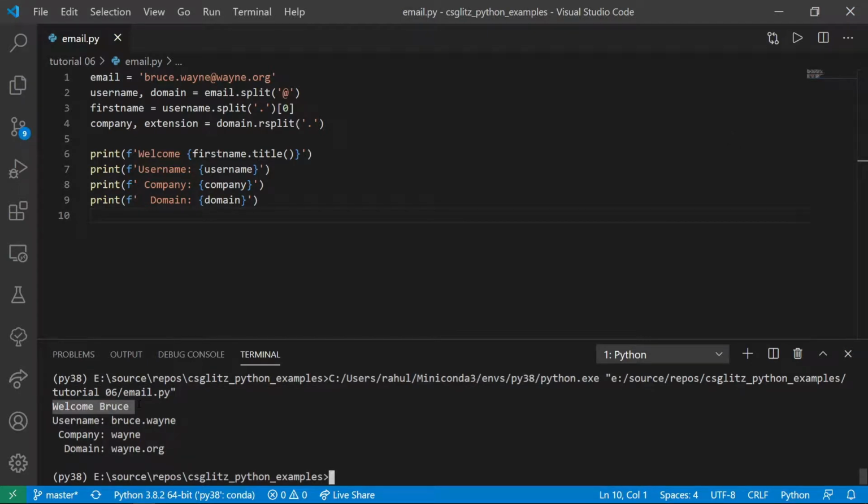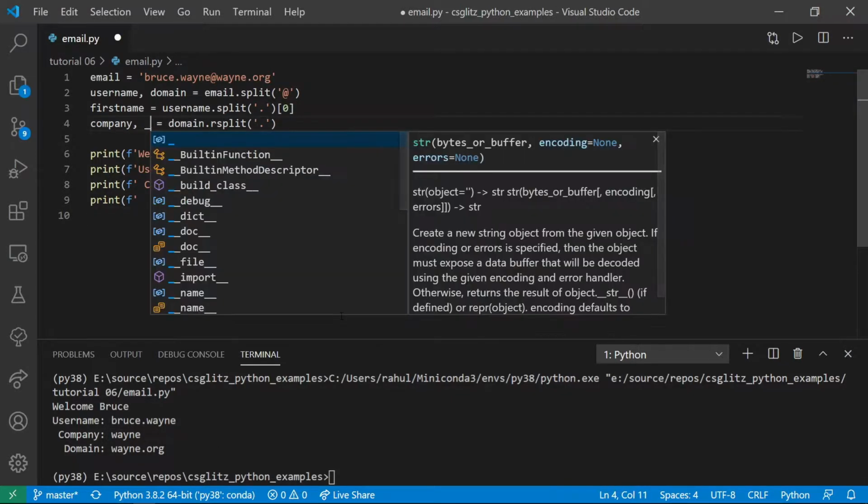If we are not using a variable, then we don't need to bother with a good name. We can just use an underscore.